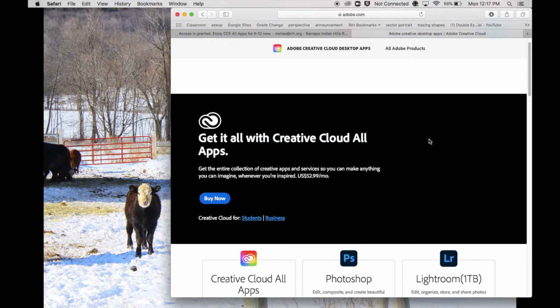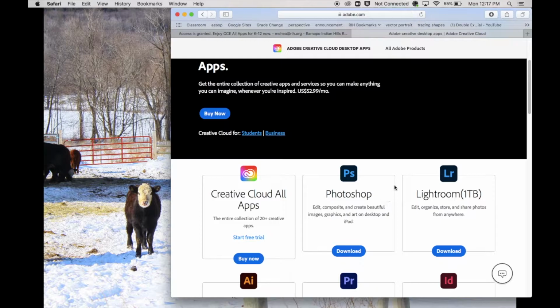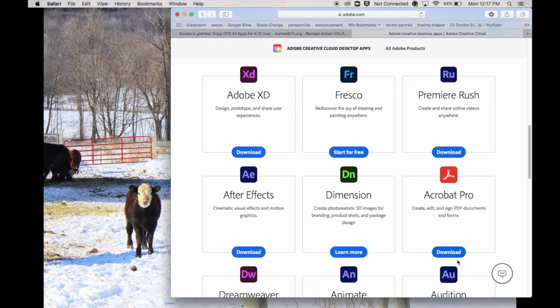You'll notice that mine jumped right to the Adobe web page. Yours will ask you for a phone number and or to accept the terms and conditions. When it comes up to ask you for your phone number, feel free to go down to the bottom of the box and just click Skip. And then once you're on this page, it will let you know all of the different Adobe programs that you